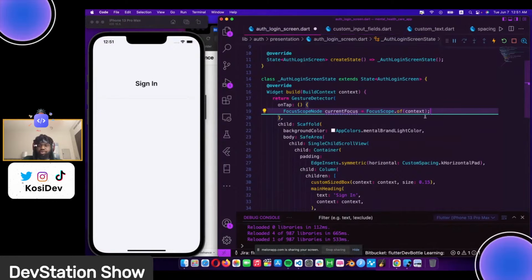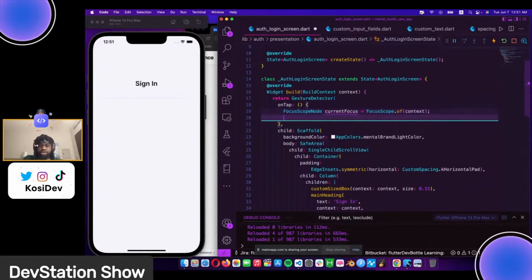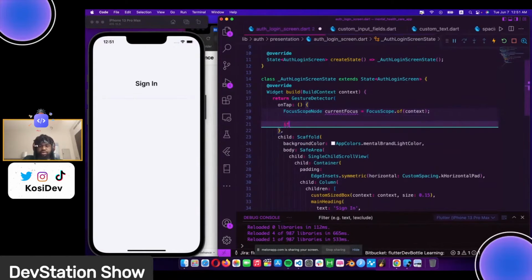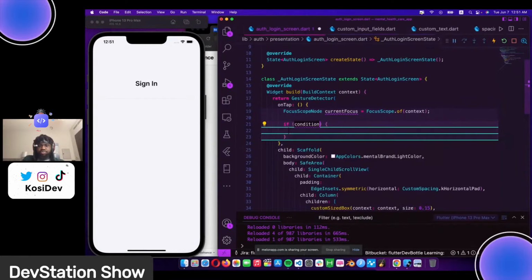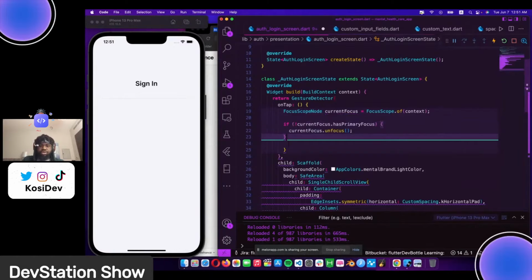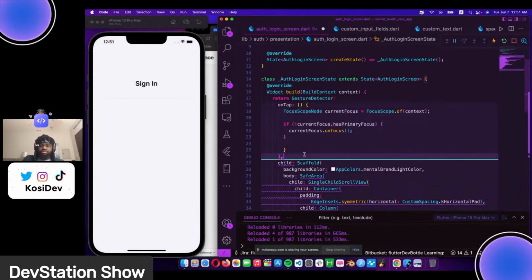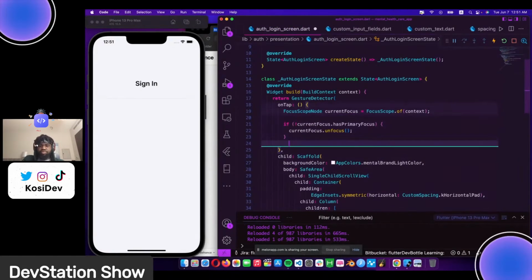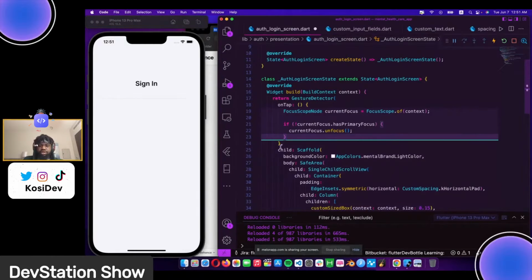We already have that. So we can just check if, okay, we're saying if current focus has a primary focus, current focus dot unfocus. So we can do it this way, and then copy this,